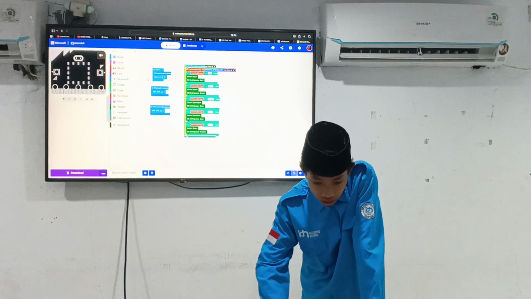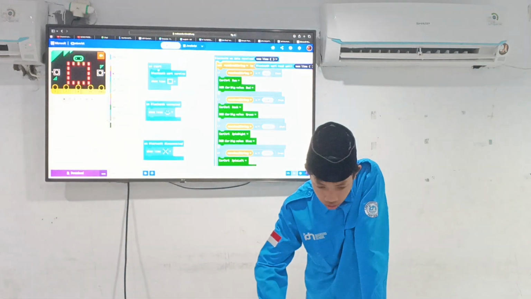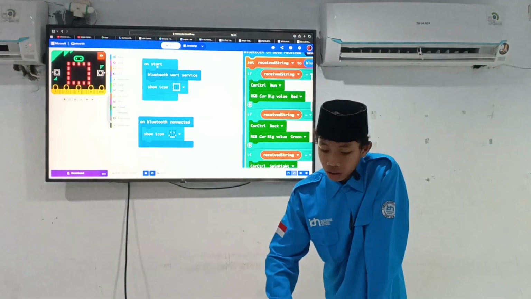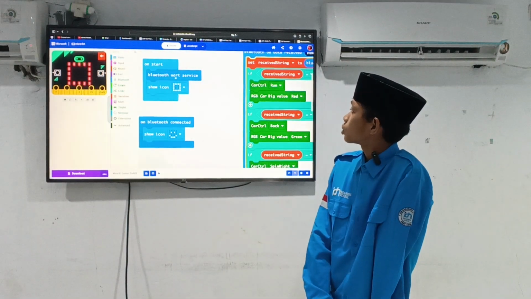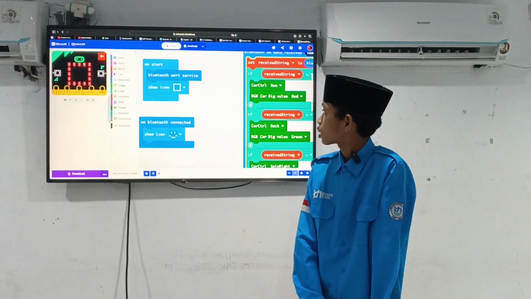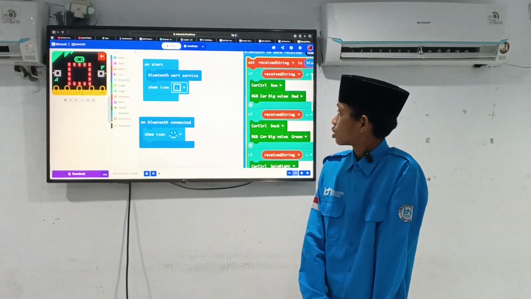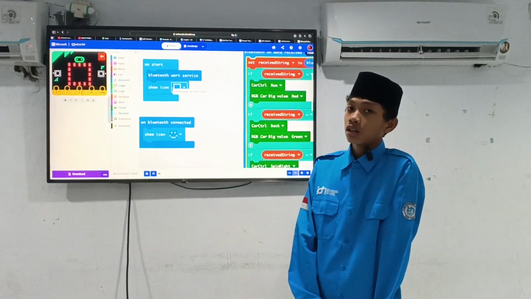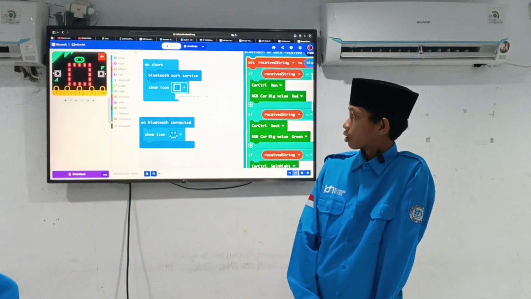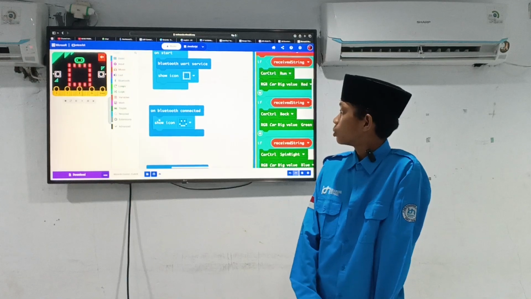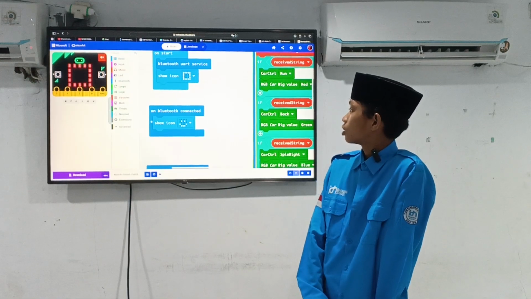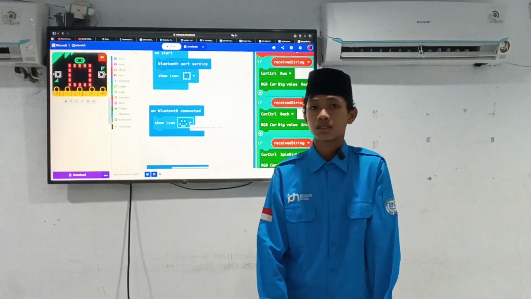From this you can see, if I press the start button, the Bluetooth service shows this icon. The meaning is the TinyBit is already turned on. And if the Bluetooth is connected, the micro:bit shows a smiley face icon.